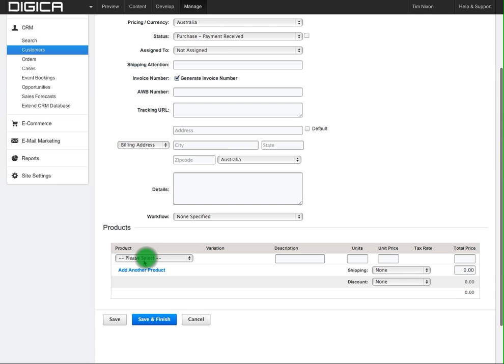Ignore the workflow and come straight down to products and select the product that Paul has bought. There's the product, and the description is annual. Actually, I think it's annual adult 22 price. The price of that is $300. Paul paid, and